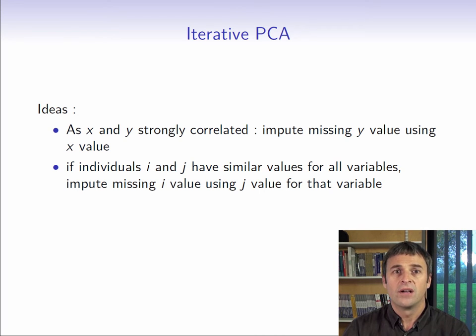What about when there are lots of variables? Well, if individuals i and j have very similar values across all the variables, and individual i has a missing value for the kth variable, it would make sense to estimate the missing value using the one for individual j for the kth variable, because the 2 individuals seem to be very similar.